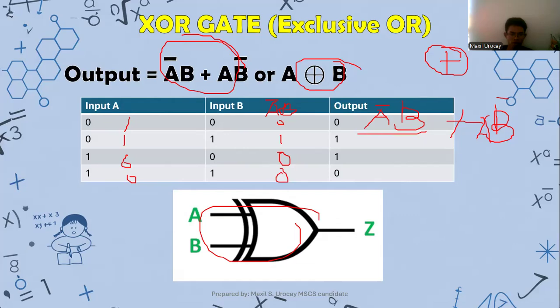Now for A with the inverted B, inverted B will become 1, 0, 1, 0. But for A, and that is 0 and 1, for A, B inverted, it's gonna be